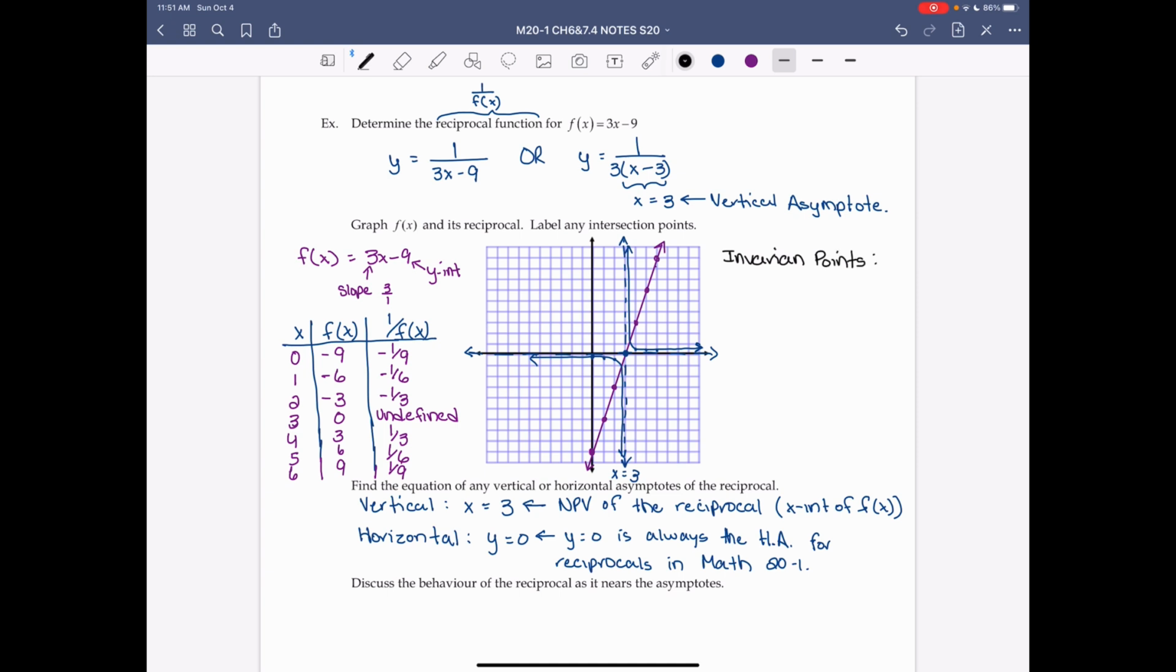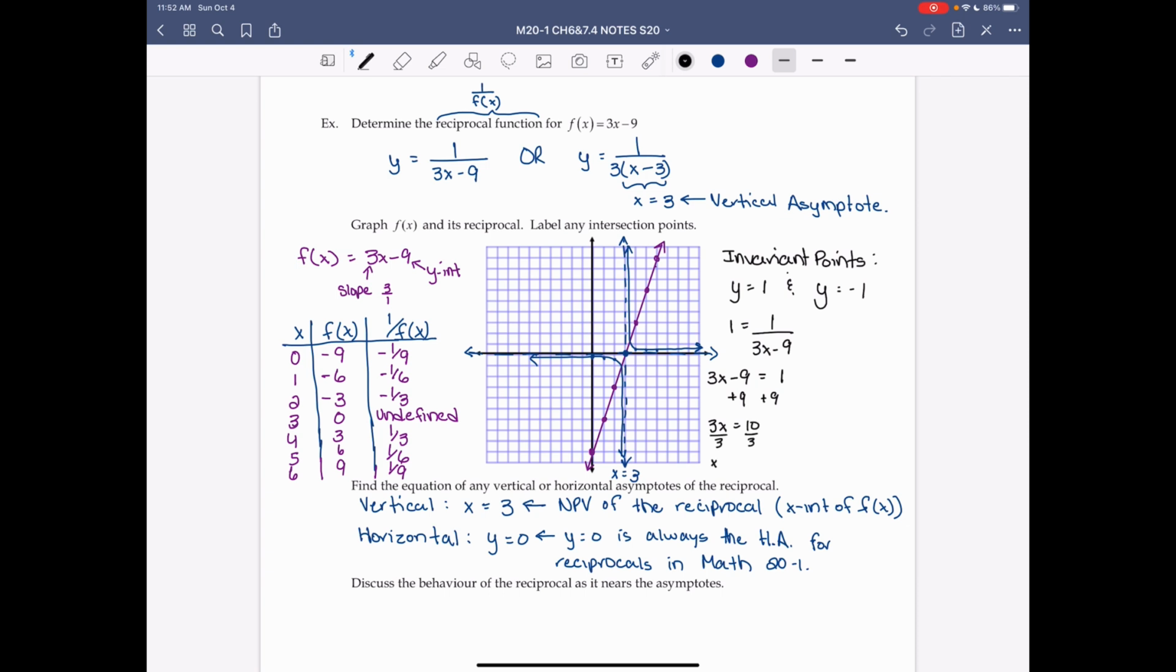Which always happens when y equals 1 and y equals -1. Let's solve for the x values. If y equals 1, we put 1 equals 1 over 3x minus 9. We want to multiply both sides by 3x minus 9. We get 3x minus 9 times 1, which is just 3x minus 9, equals 1. We add 9 to both sides, and we get 3x equals 10, and then we divide by 3, and we